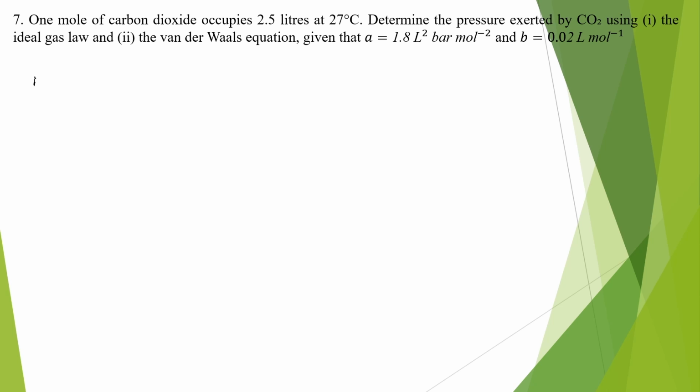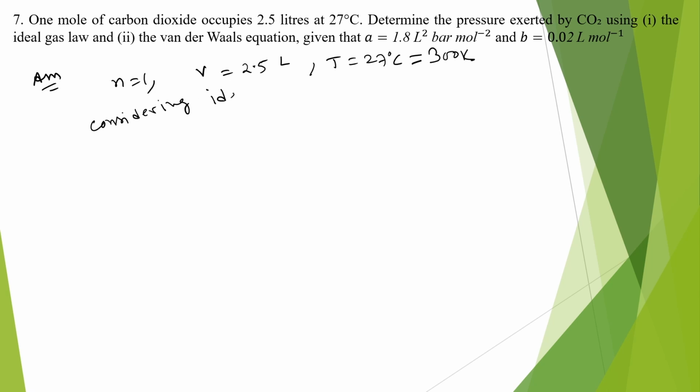So number of moles n is 1, volume is 2.5 liter, temperature is 27 degrees Celsius. So 27 degrees Celsius is 300 Kelvin. So considering the ideal gas equation of state,